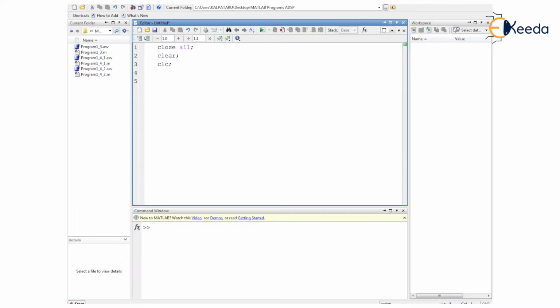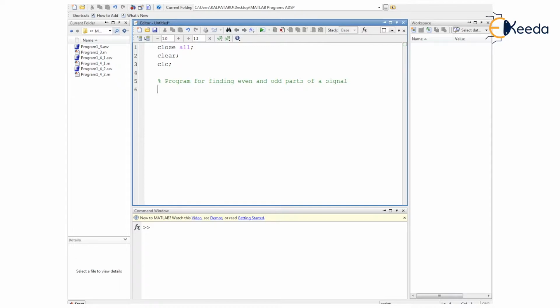Now as usual practice, I will have a line commented mentioning the purpose of this particular program. So here I am going to write: this is a program for finding even and odd parts of a signal. In this particular program we are going to deal with the first type of the signal that was shown with continuous time.